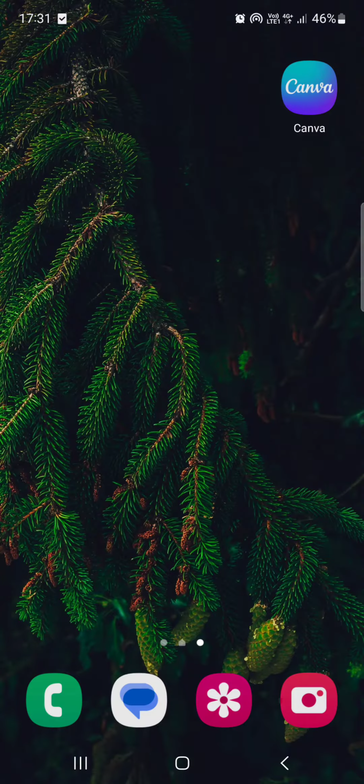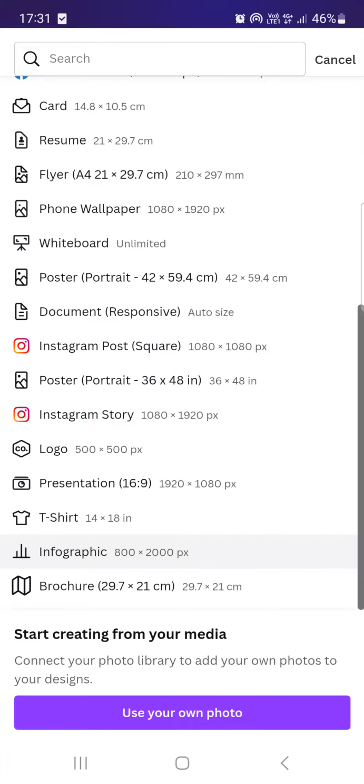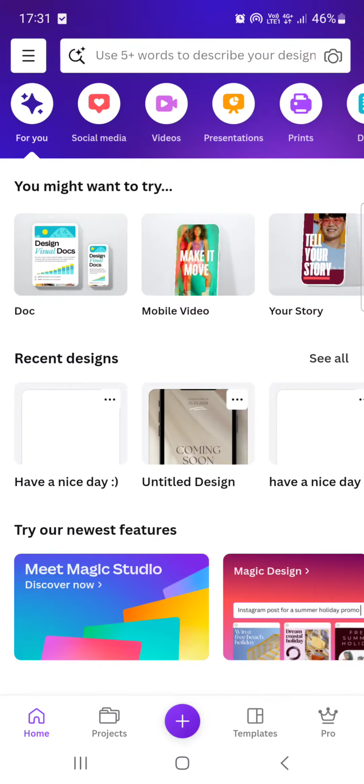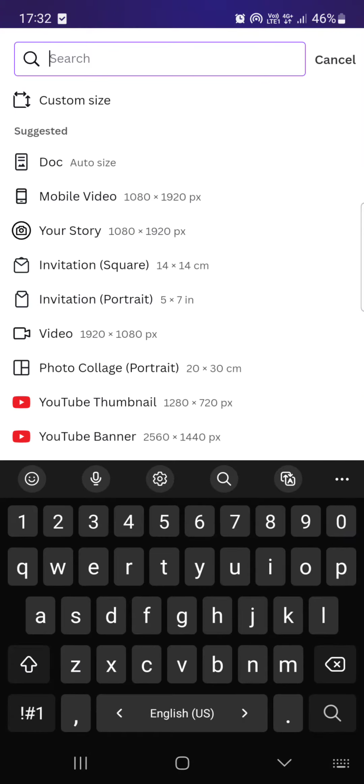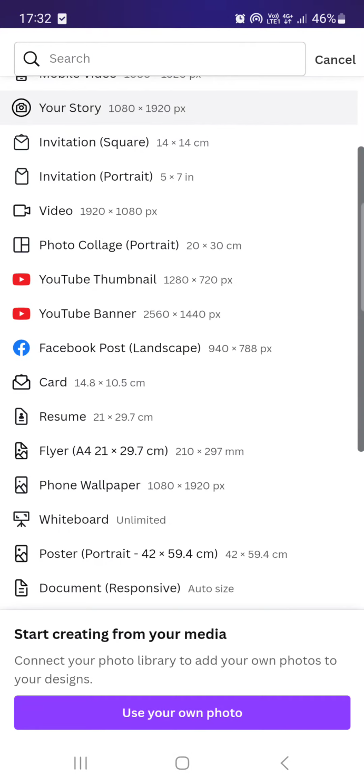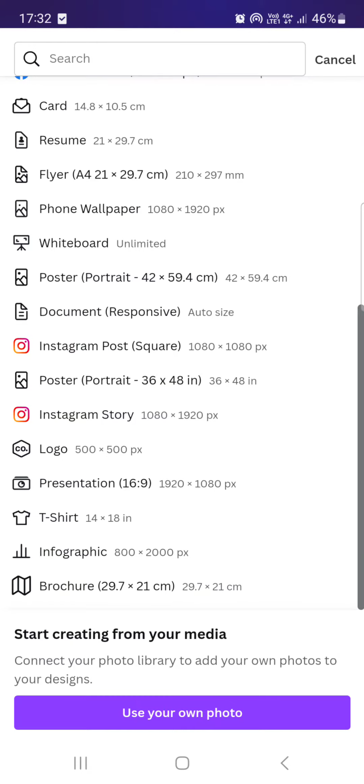First we have to open up the Canva app. And here it usually opens up in the home menu where we have our projects and recent edits. From here we have to tap on the plus icon to create a new document. And then if you scroll down to the bottom of this list, we find at the very bottom, Brochure. If we tap on this,